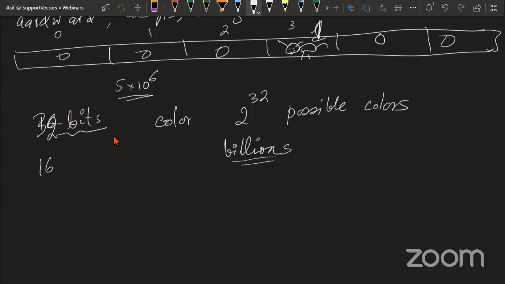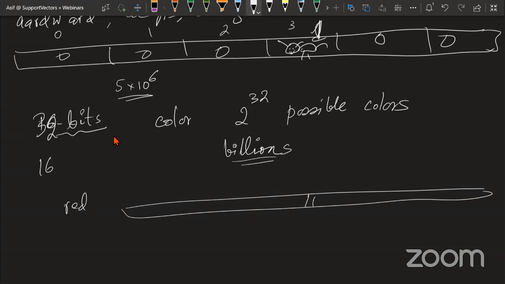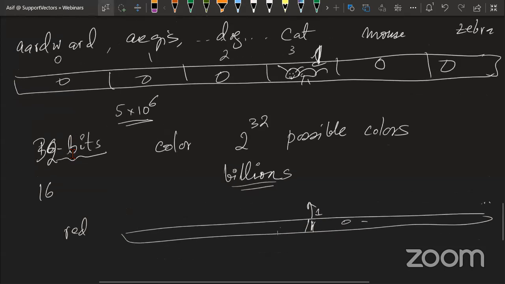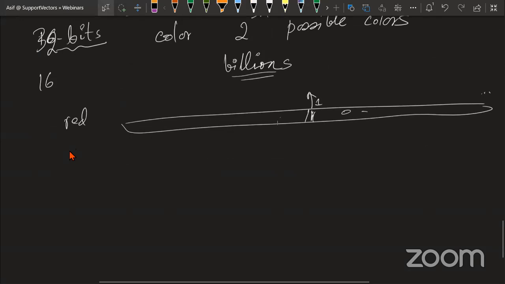So if you one-hot encode it, if you say red, it will be a huge vector that goes on to billions. And then there will be one here, everything else will be zero. Yet you know that colors are related. So for example, red and pink are closer, whereas yellow is a little far off, right? Blue should be even further off, but this vector space does not capture the relationship